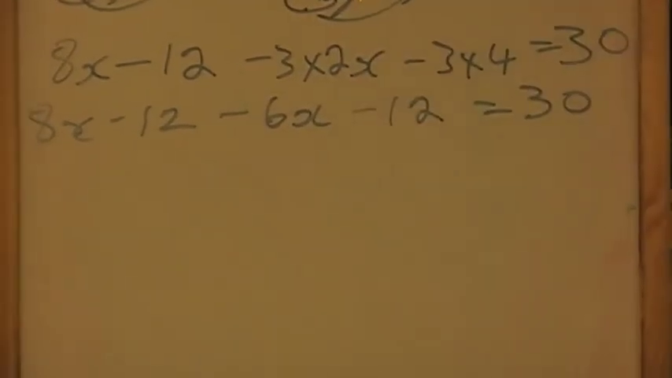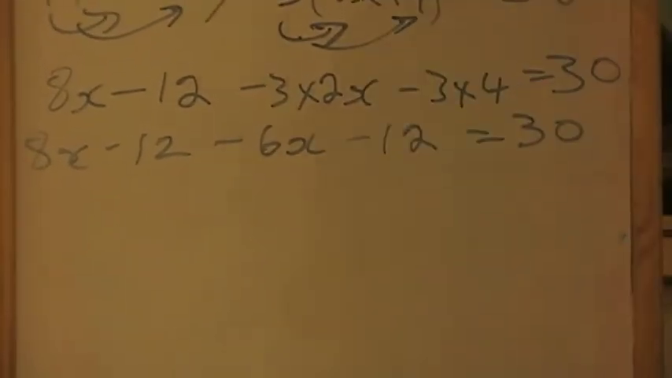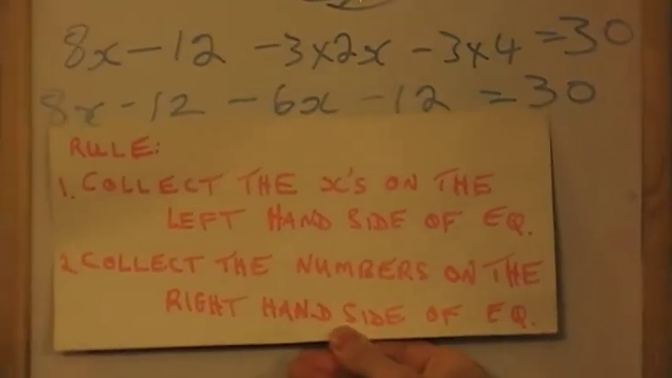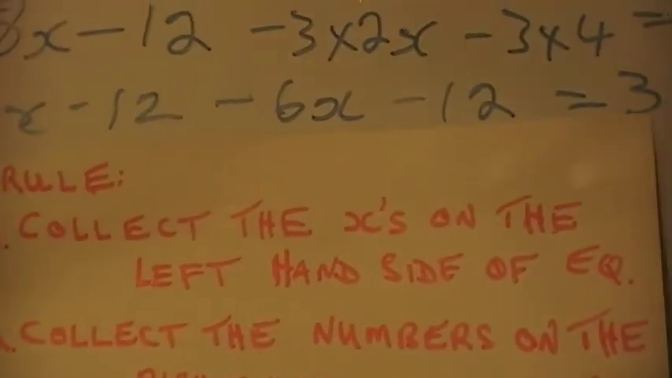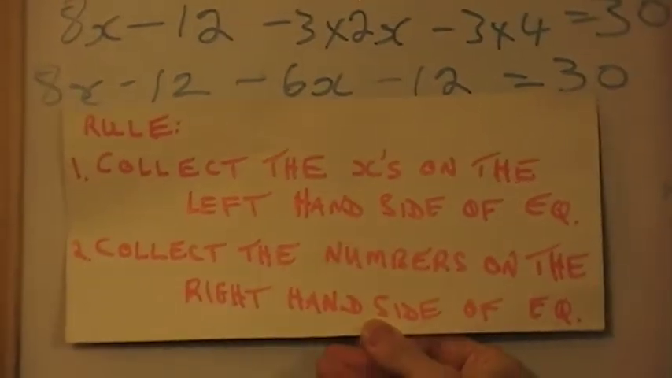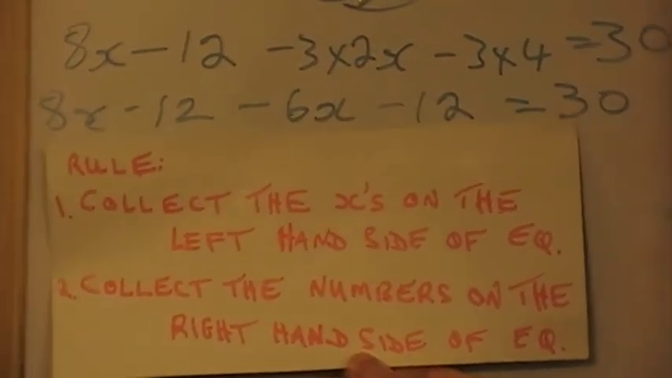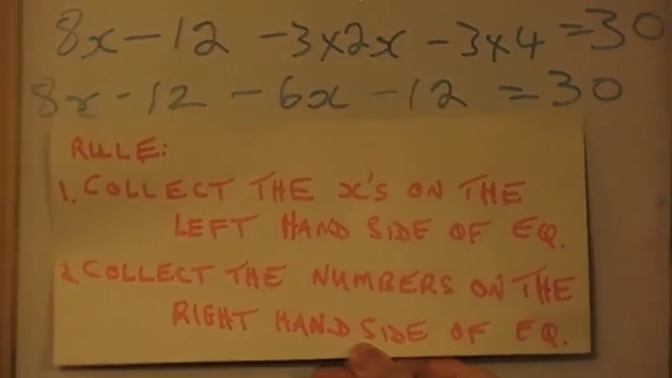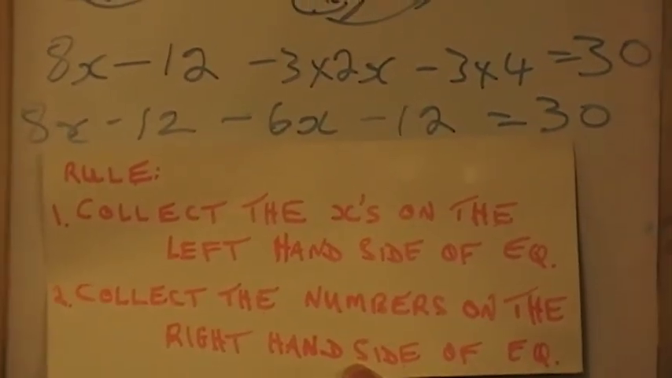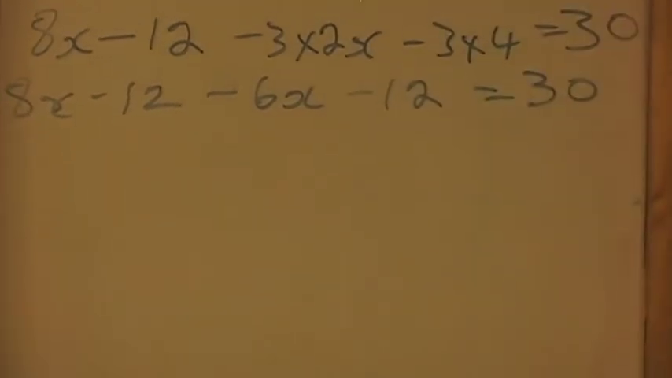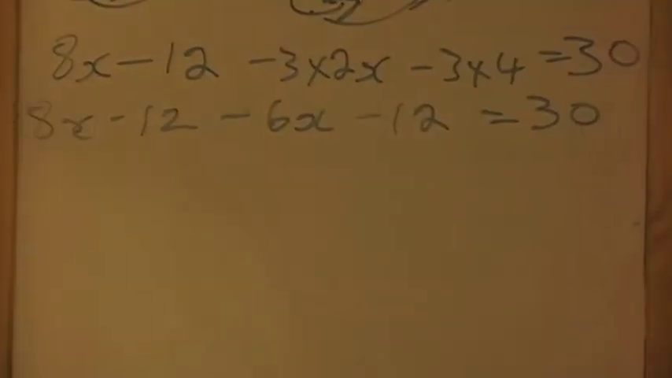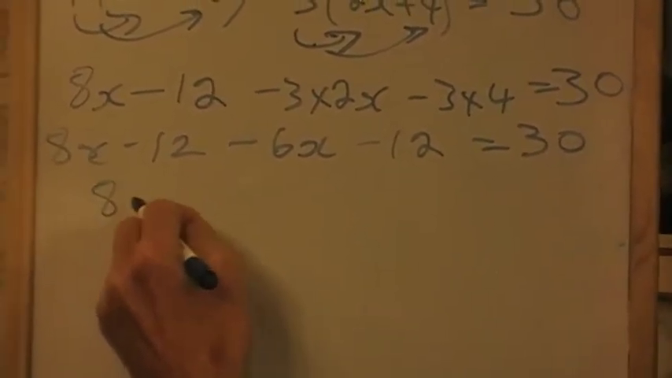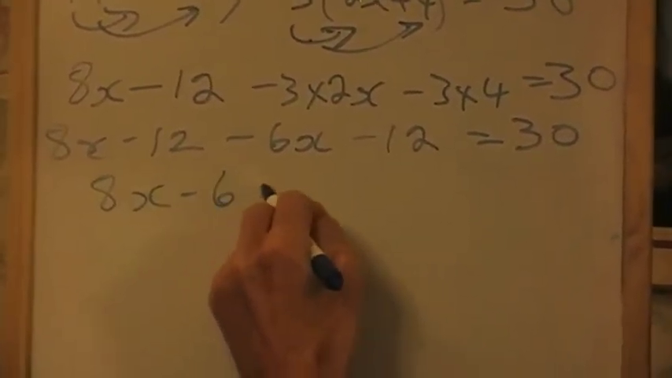So now what we do is we are going to follow a rule. And the rule we're going to follow is this one. Number 1, collect the x's on the left-hand side of the equation. And number 2, collect the numbers on the right-hand side of the equation. So now what we do anyway is to collect the x's on the left, so we have 8x minus 6x,